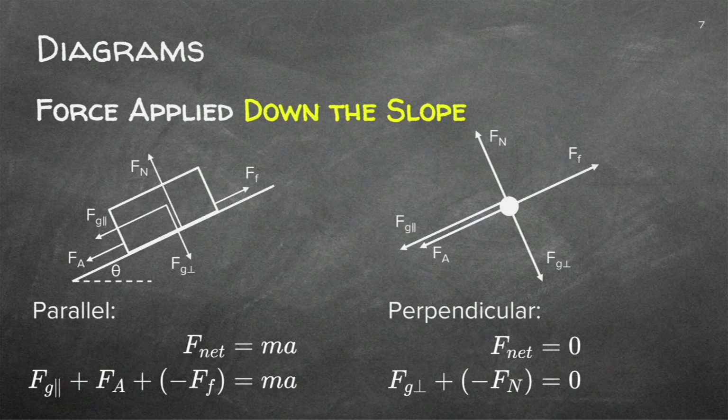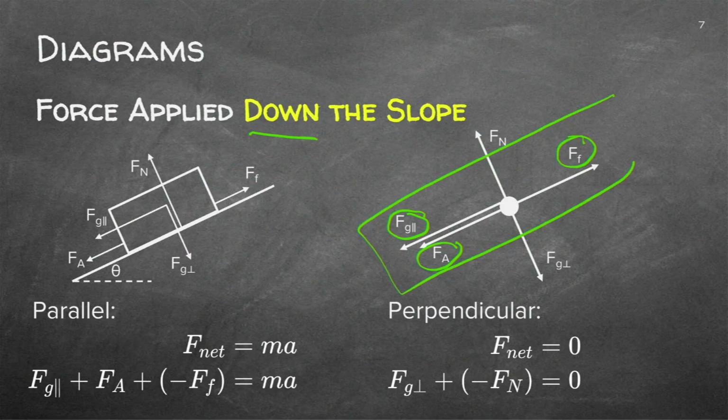Let's have a look. If it's downward, you've got your gravitational component parallel and your applied force that side, and your friction that side. Make sure that you draw a free body diagram. So you know now, if these are the forces that you're working with and it's going downward, the parallel and the applied forces will be greater than the friction because it's moving downwards. Otherwise, it would be moving upward.